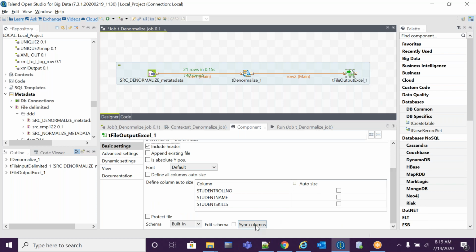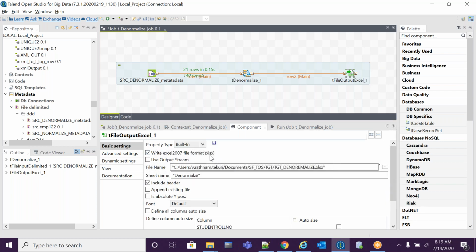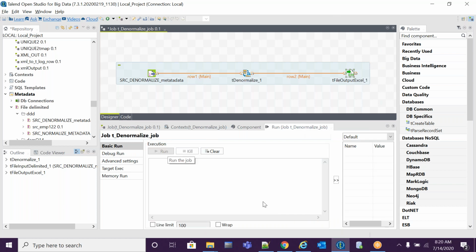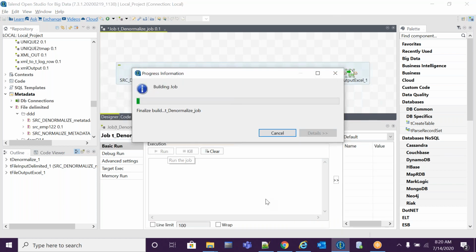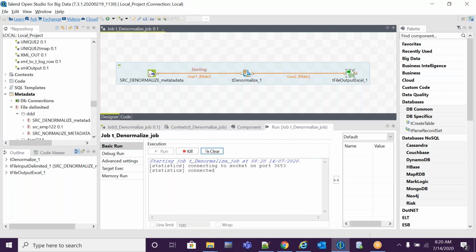Let me sync the columns. Why am I selecting this? If you are having XLS format, we need to select this one. Click on run the job. That's it. Output may be anything, we can take it, whether Oracle or MySQL. We just need to make the connections properly. That's it.